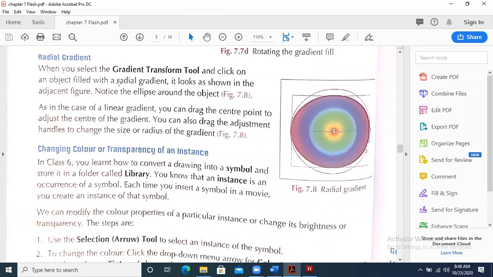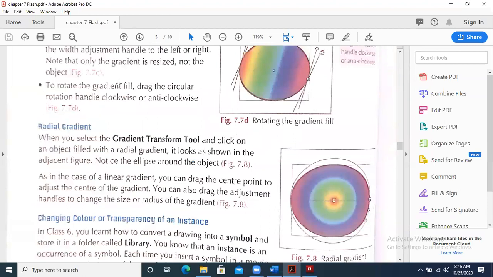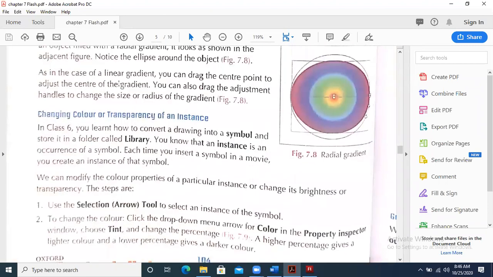Notice that the ellipse around the object will be there, as in the case of a linear gradient. You can drag the center point to adjust the center of the gradient. You can also drag the adjustment handles to change the size or radius of the gradient.